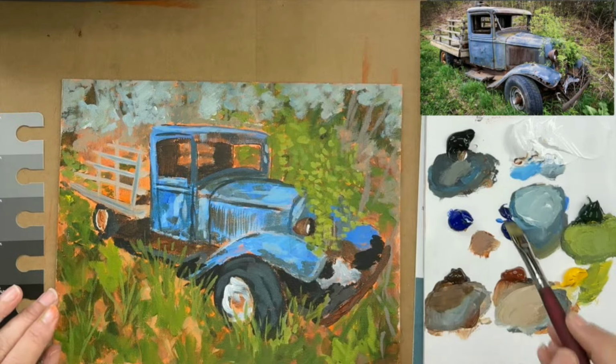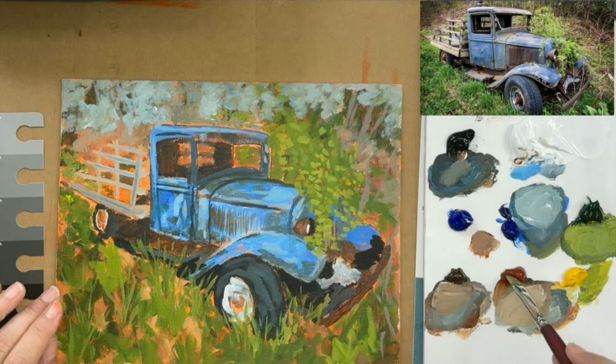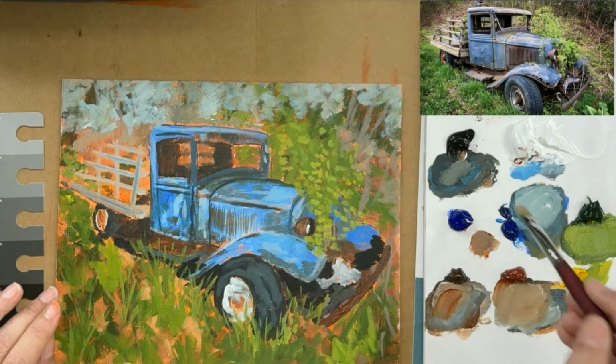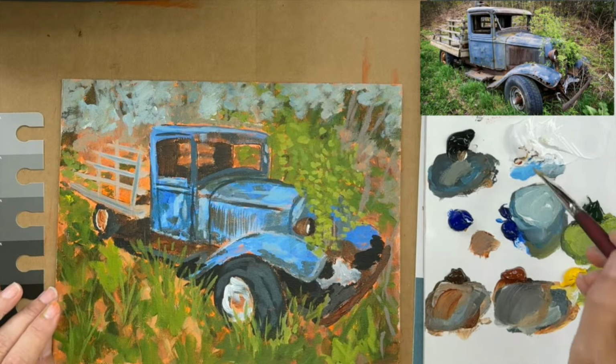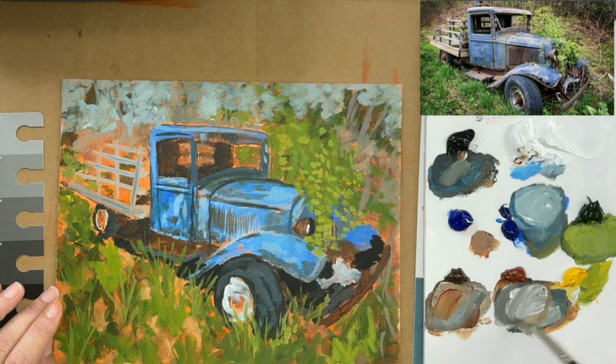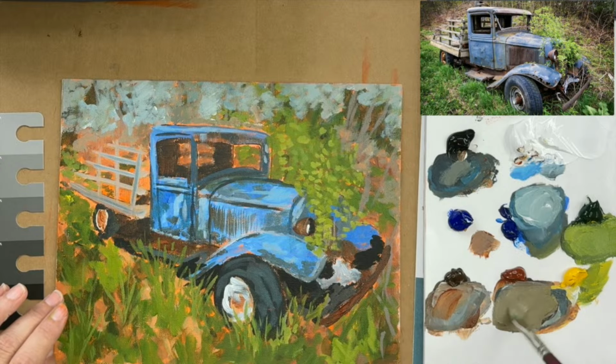And so again, this is when I talk to you about the photo is just a reference. Okay, it's just a reference for inspiration. It is not what I'm actually trying to paint, unless I got a commission piece that somebody wanted me to recreate something exactly the same as what they send me, you know, the photo. So yeah. Okay, what I'm doing right now is I'm making my